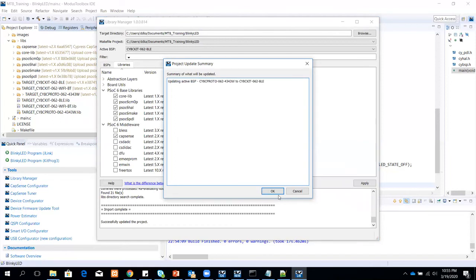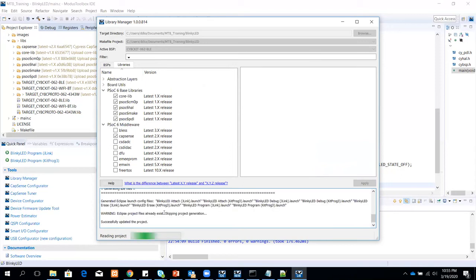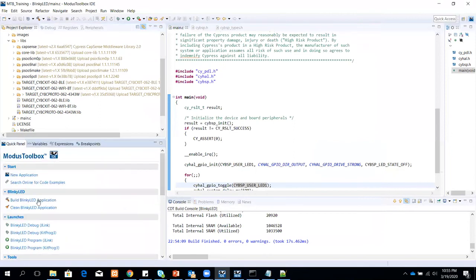So when I click OK, it's going to basically update the makefile variable called target, and it will assign the value of cyble. Okay. So we have successfully updated the project, and now if I just do a build,